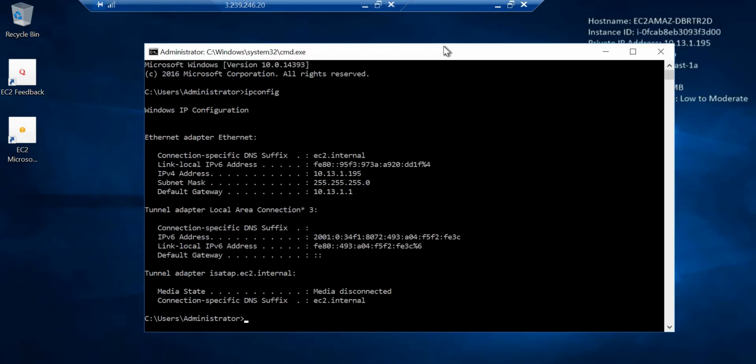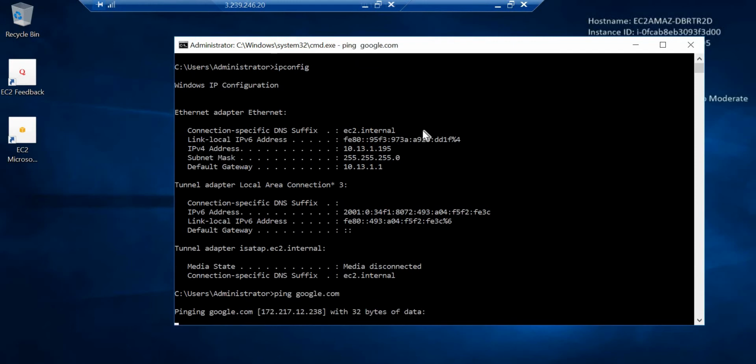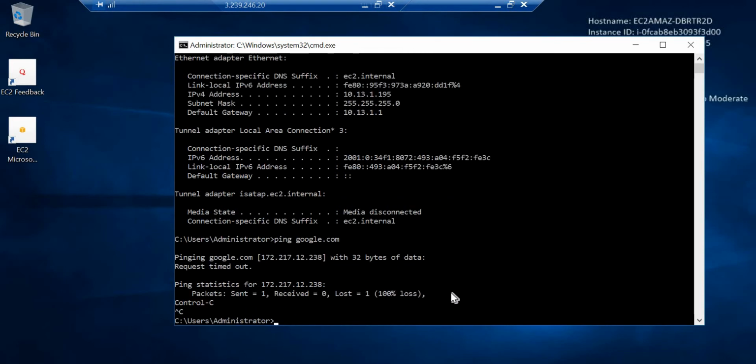Okay. Now if I try to reach out to internet, it's not going out, it's not reaching, it's dropping. Why? Because the subnet doesn't have an IGW attached to it, so it is dependent on some other source for internet.